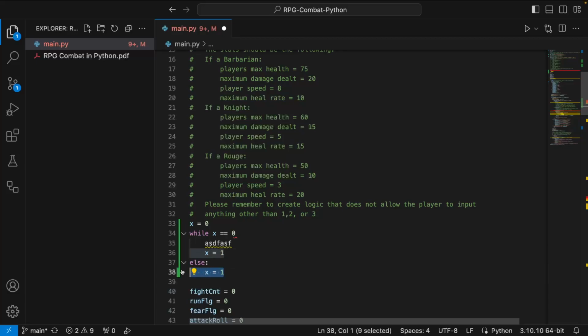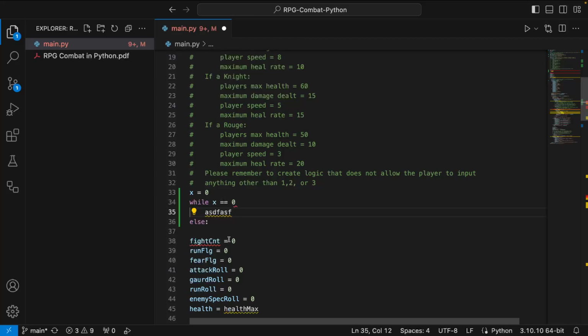Otherwise, you don't need to do anything, or it would be like print, please input something better. That is totally valid. Does everyone understand how he did that? With while loops, you are just repeating code until a condition is met. And as long as you remember to fix it, you should be good. Now, if you forgot this line of code, we would be stuck in a loop, and your program would just keep running and running, and you'd have to Control-Alt-Delete. I'm kidding. We'll go over while loops later on.